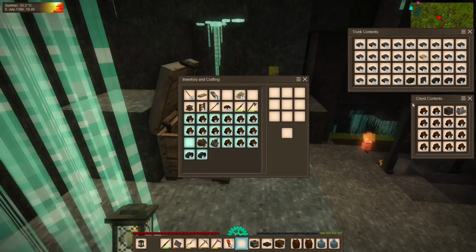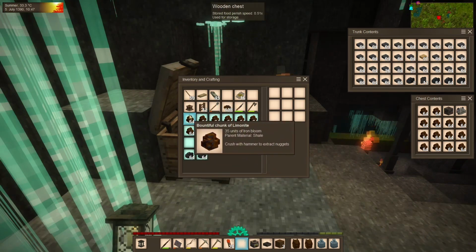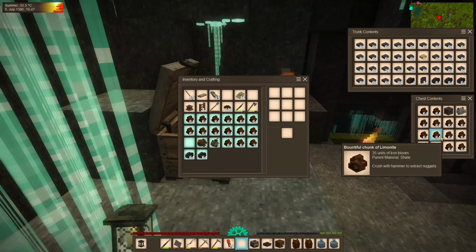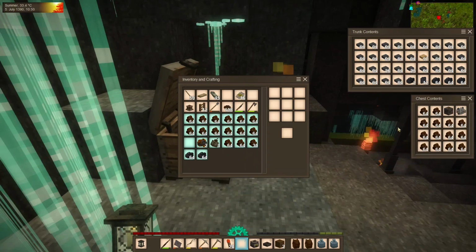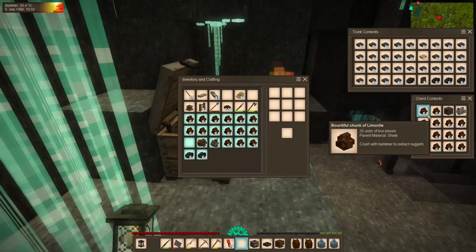On top of that, we have the iron back home that we mined earlier in this episode, and that is going to increase this also pretty dramatically. I think we have another full chest worth, basically. In addition, I did find another vein of black coal, so we have a whole bunch of stacks of that,